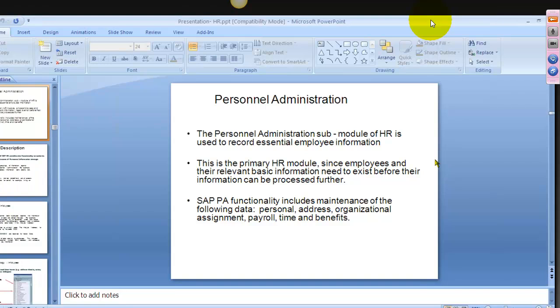Another important thing is that PA has a very tight integration with various other sub-modules like payroll, time management, administration management, and recruitment. So basically, when we do integration,